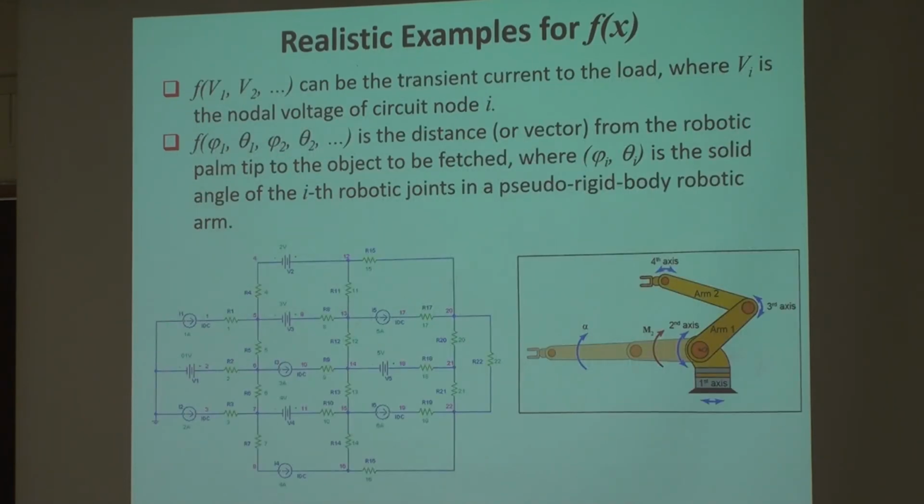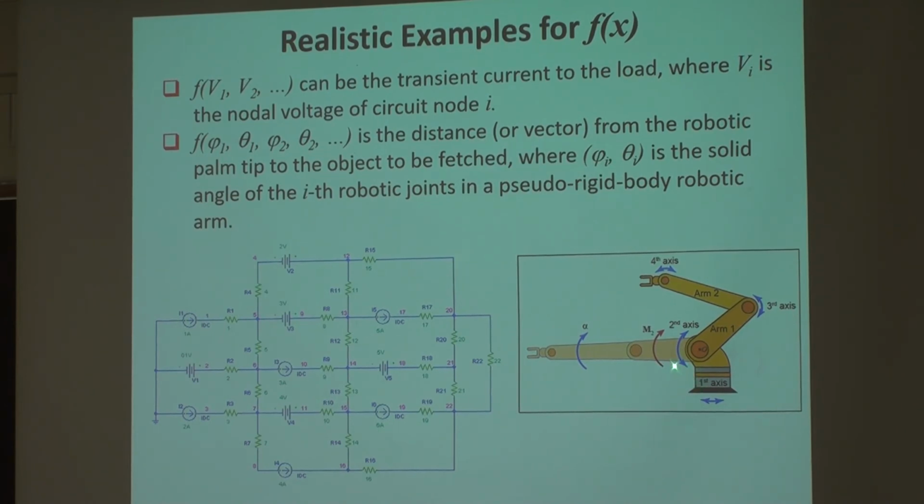Let me give you examples. Your circuits: if what I'm interested in is the current going through this load resistor, I know this current depends on all the voltages here. If I know all the voltages, I can solve the equations and know the current. Your F is the current through the load. Your X is the vector of all the voltages. Given a voltage on every node, can I solve this? Yes, I can. This is a small signal differential pair. So F is doable but expensive.